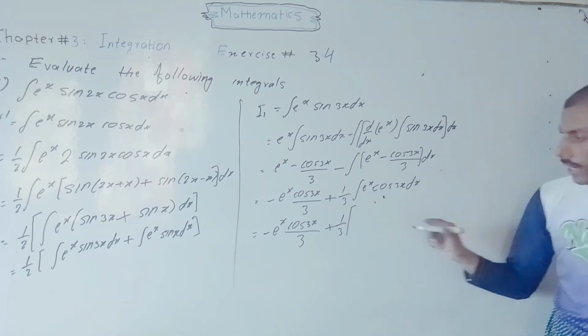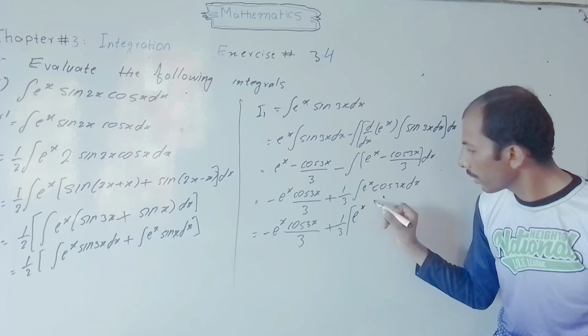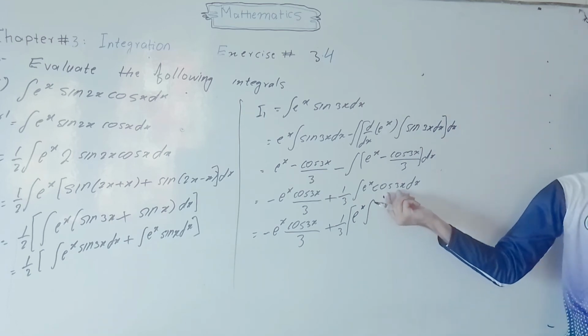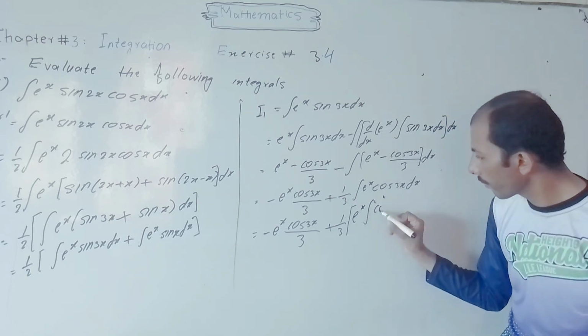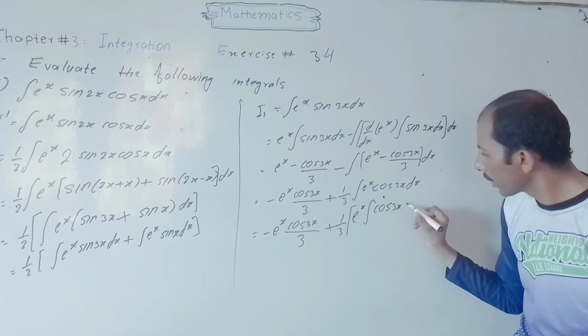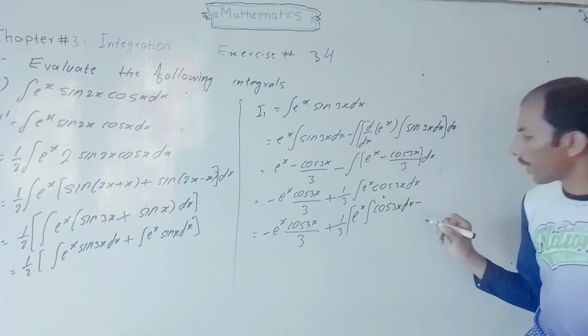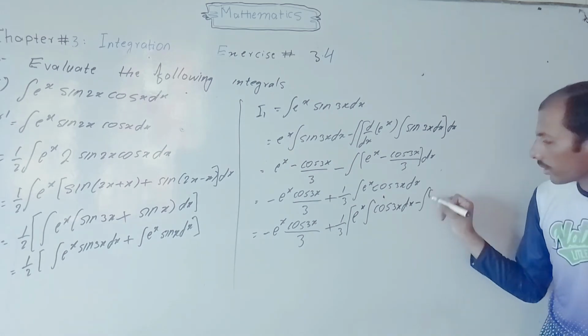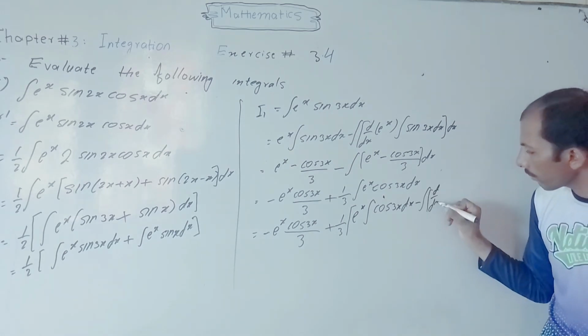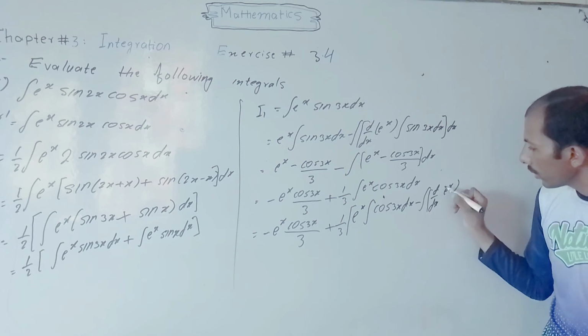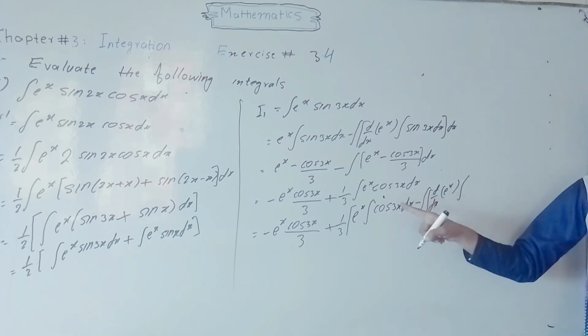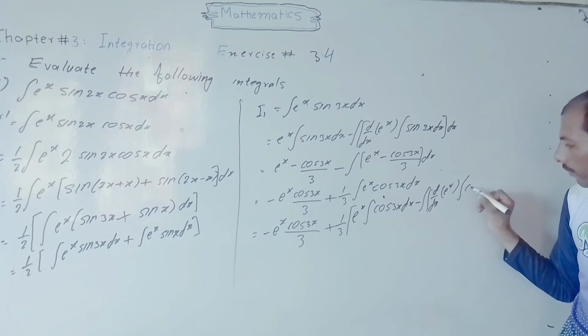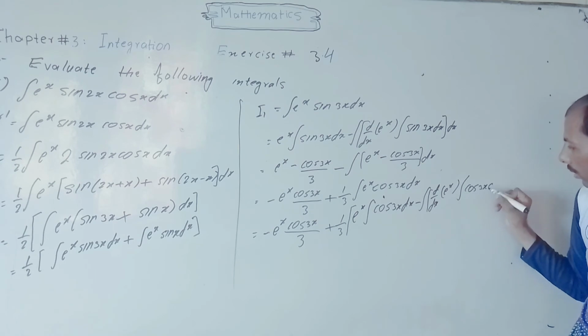So e power x first function, integration of second function cos 3x into dx, minus integral derivative of first function, that is e power x, integration of second function, that is cos 3x into dx,